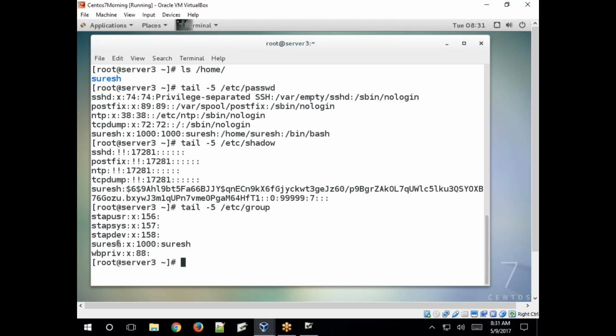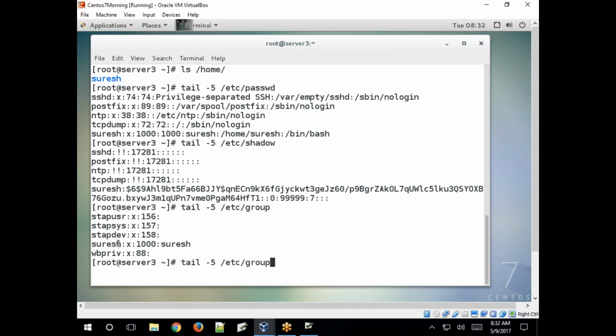Just remember these points. Whatever information is in the shadow file and group file, you may get an interview question on it. What is the second field in the password file? What is the third field in the shadow file? Just remember.